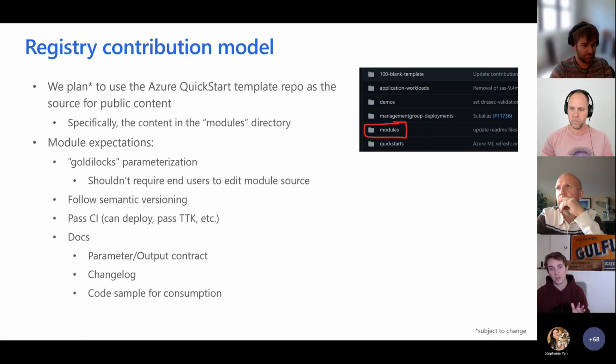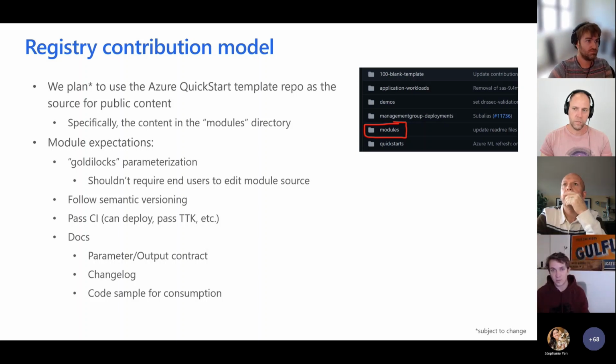And the rough litmus that we're going to use here is users shouldn't have to edit the actual module definition in order to make use of it. They should be able to simply reference it the way we reference NuGet packages or NPM packages and so on. And it's immediately useful. There's not something that they need to go and edit. So that's kind of our rough litmus test for what makes a good module.